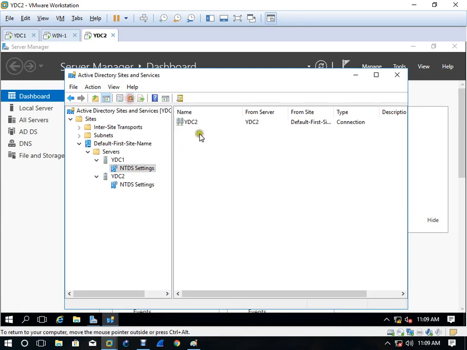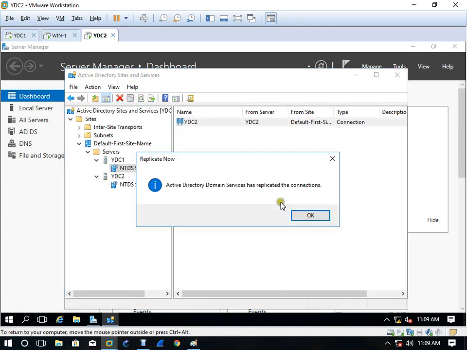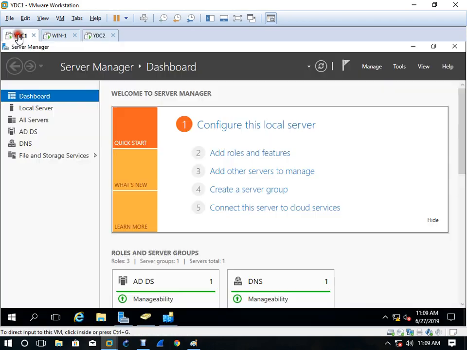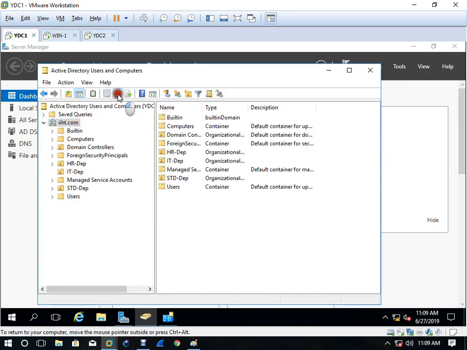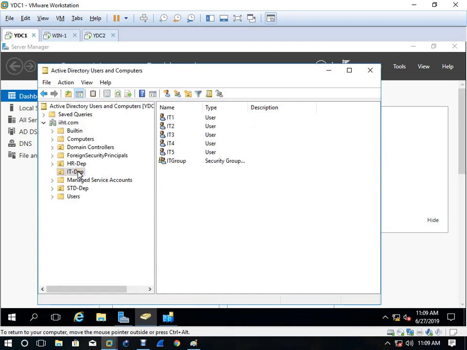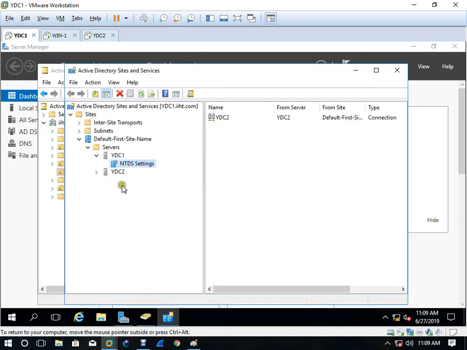Let it be automatic. When you restart, see here we are getting manual, not automatic, right? So it must come automatic. Now see, replicated. Now you come here and open Active Directory. Refresh. See, user key. So it is just part of replication. If it is not replicating, see, maximum is 15 minutes. In 15 minutes it will replicate.